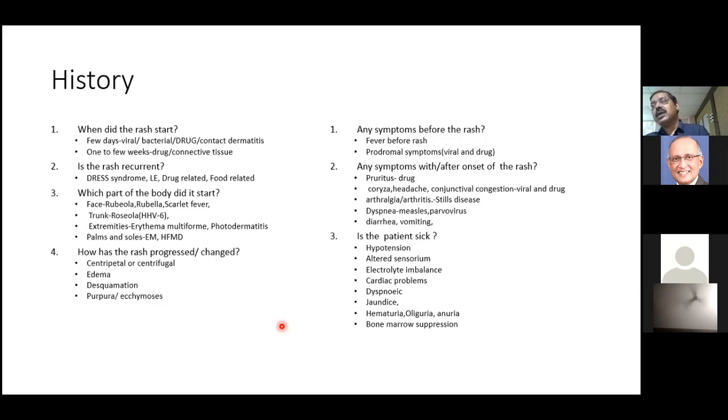So let your examination be systematic and routine. They may be presenting along with the rash, they may be presenting with hematuria, oliguria, or anuria, which may suggest that the patient has actually gone in for severe dehydration, because there is so much insensible water loss that might have led to an acute renal failure. Or it could be that the renal involvement may be secondary to the primary illness. Or there may be a bone marrow suppression. A patient may be presenting with just oral ulcers or fatigability. So when you do a CBC, you will be able to identify that there is this maculopapular rash as an association.